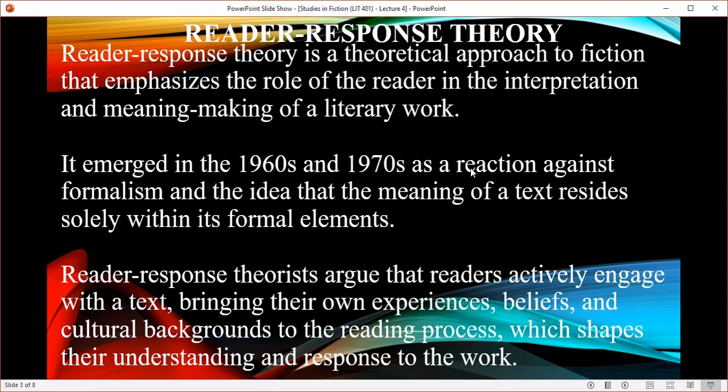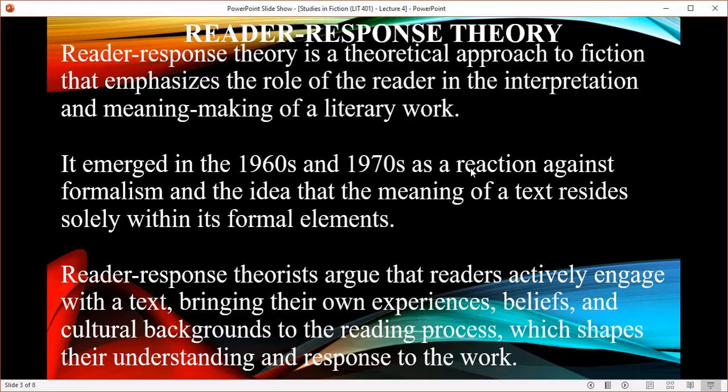So the interpretation is shaped by the understanding and response of the reader. It's not the text that determines the interpretation. It is not the author that determines the interpretation,